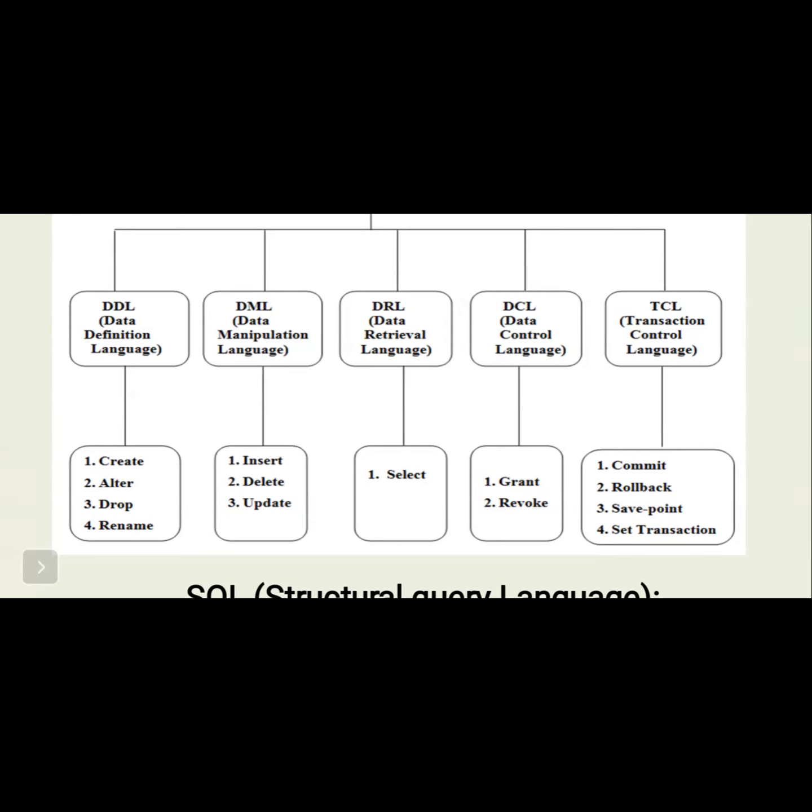Grant means granting permissions to users, for example grant all privileges to user. Revoke means we take back the permissions, deallocating the permissions which were assigned to the user. The next one is transaction control language, which includes commit.